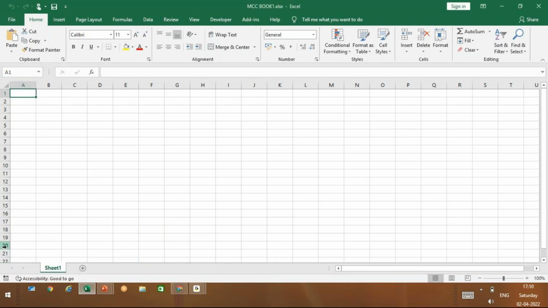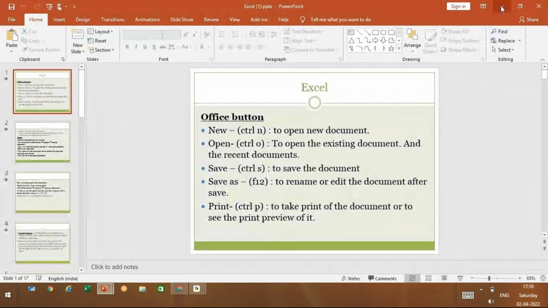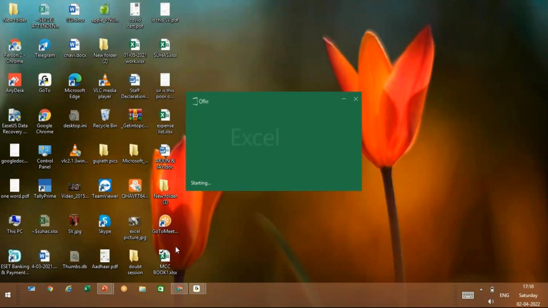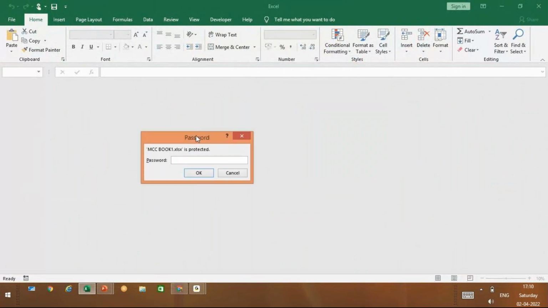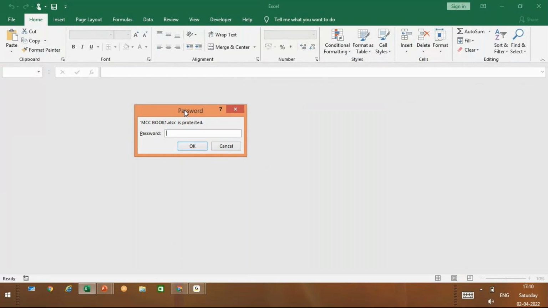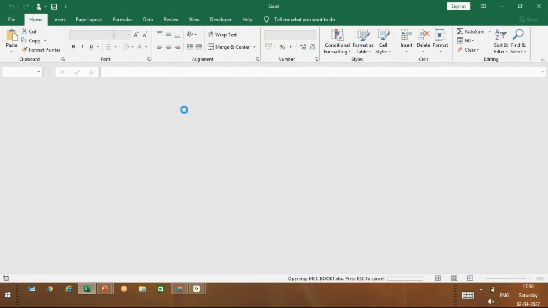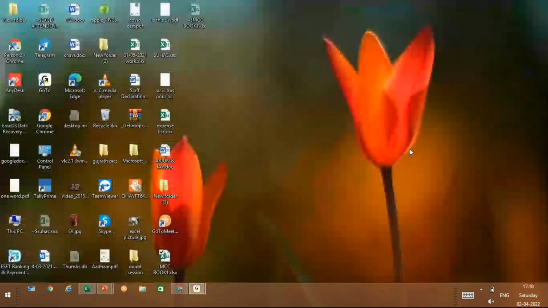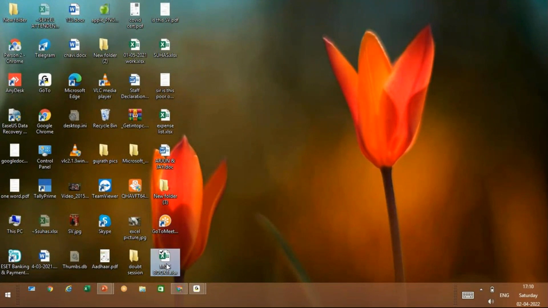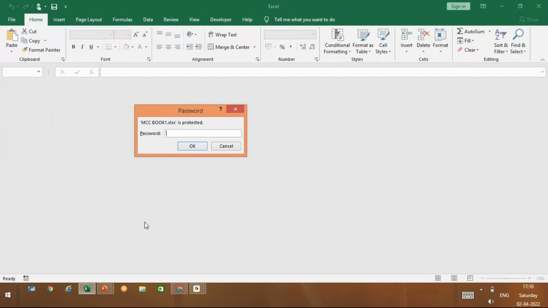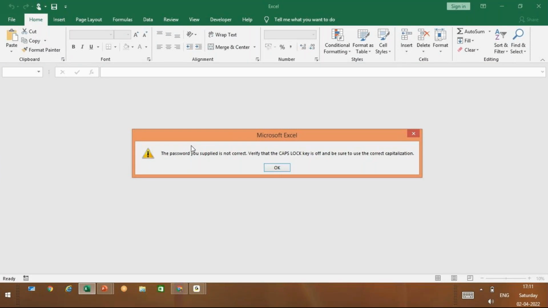And do Control N now. Okay. So I will close this file. The file is already saved. I'll open the file. See, it is asking me to give a password to it. I give a password. Okay. I close it again. Open. I give a wrong password. Okay. So only when you have the right password, you can open the